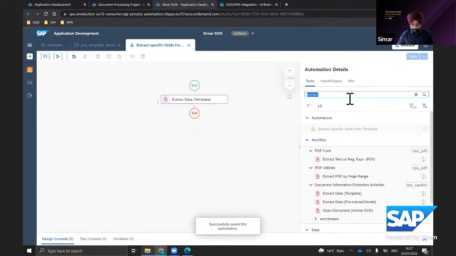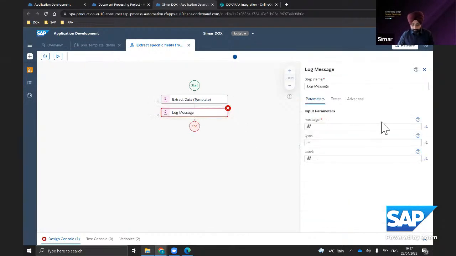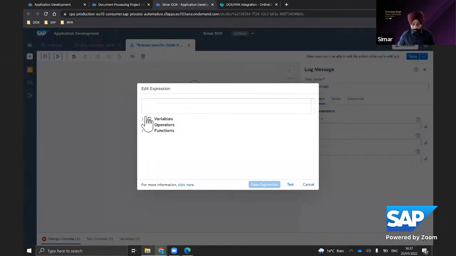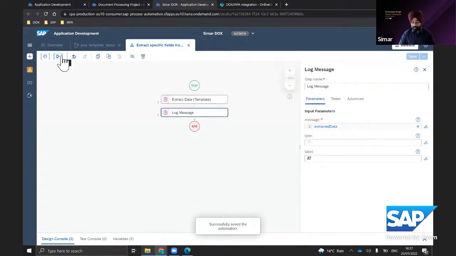Okay, so let's log this as well. You go onto the variables, you select the data which needs to be extracted. Okay, let's click on save. Okay, that's done.